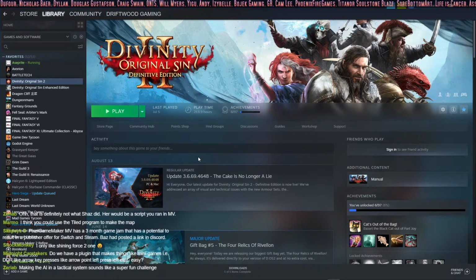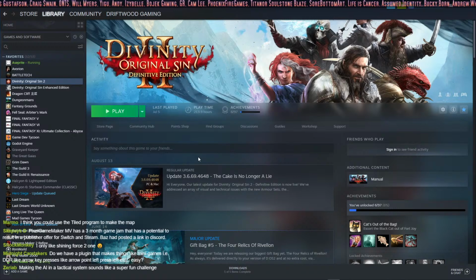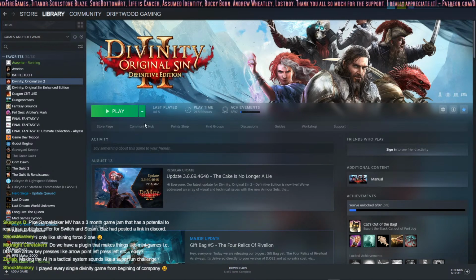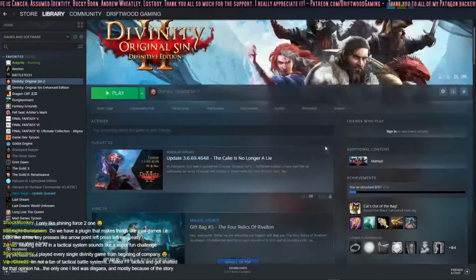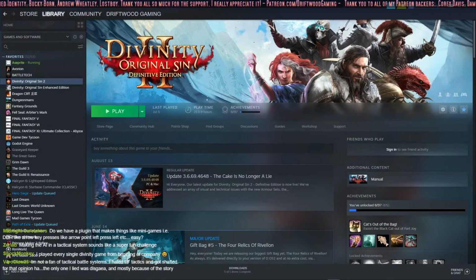I would make a battle system like that. This is one of my favorites. That doesn't feel like a tactical battle system to me. It's a tactical battle system, but they make it not feel like it. Yeah, they do a fantastic job with it. I'm looking forward to Baldur's Gate 3. I'm just waiting for everyone else to bug test it and maybe a little discount on it, because it's like $60. 60 bones, yo.